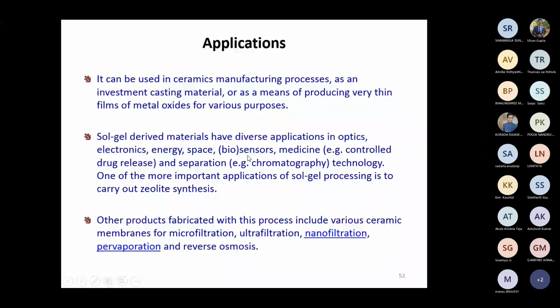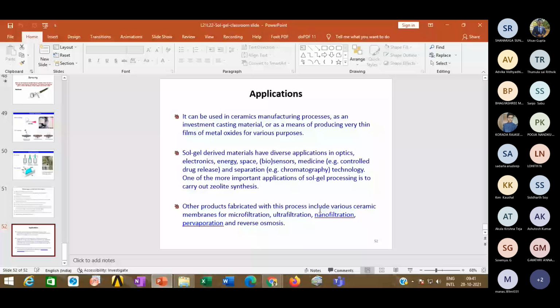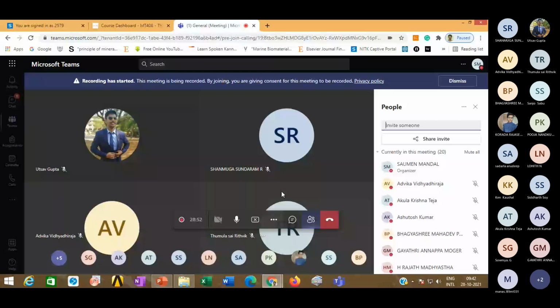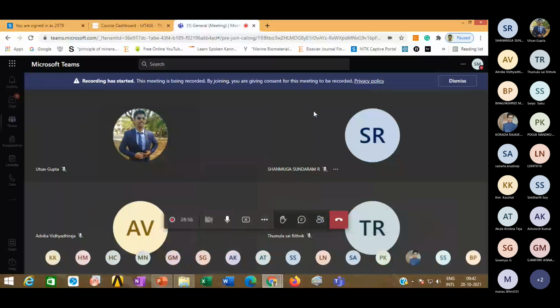With this, I just finish, and this is up to sol gel. Today I'll put all these class notes on your Moodle, so you will get all the details. Next week I'll start chemical bath deposition, and then maybe after Diwali, thermal coating will be the remaining part. In thermal coating, plasma spray coating will be coming, and characterization of thin films will be there. I'll take the attendance, and in the meantime, if you have a question, you can ask.